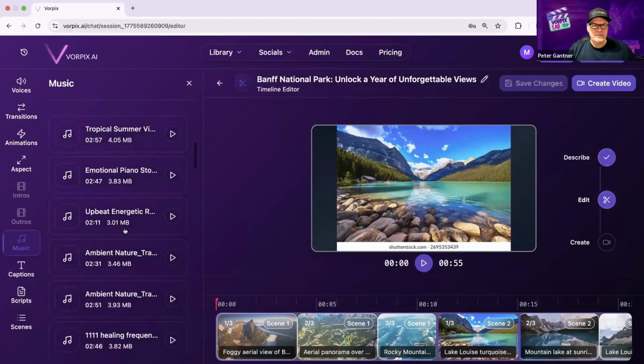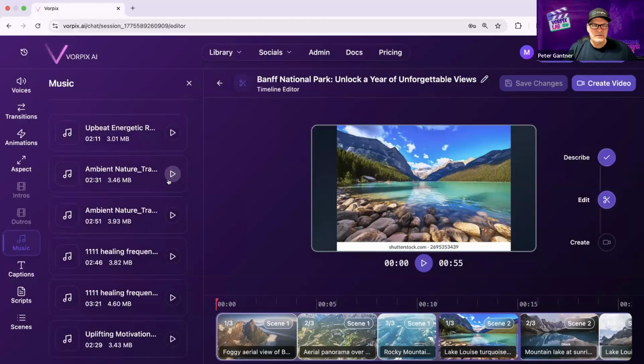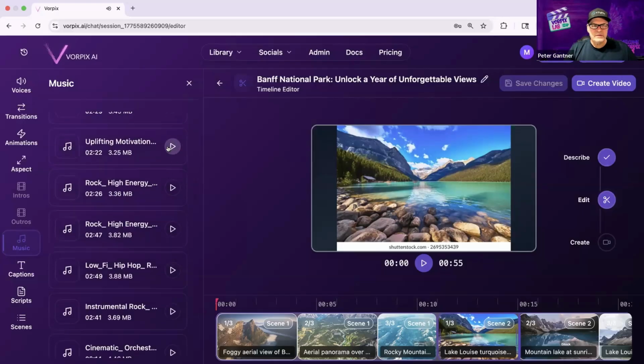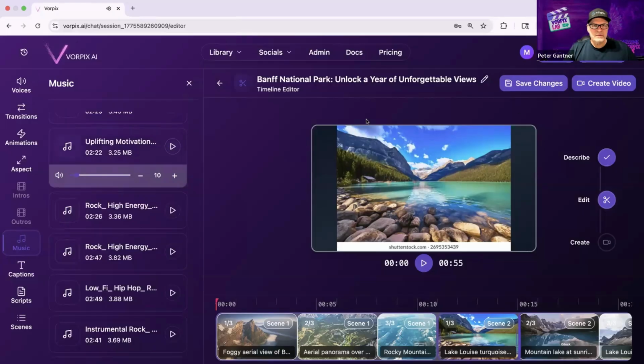So I'm going to go down here and let's pick, we either have some ambient nature or we have some upbeat motivational. Ooh, I like that one. And another cool feature is I can come down here and change the volume and listen to it at that volume. So this is level 10,